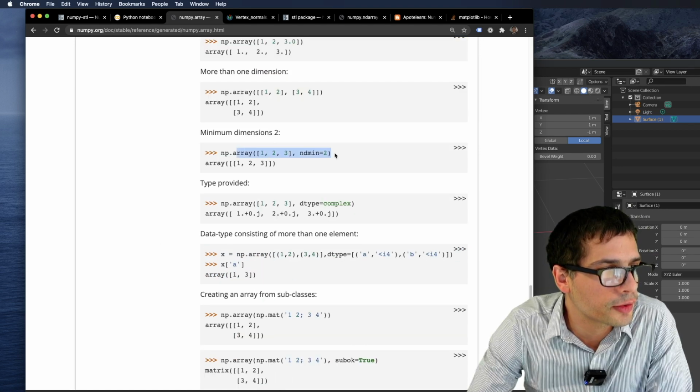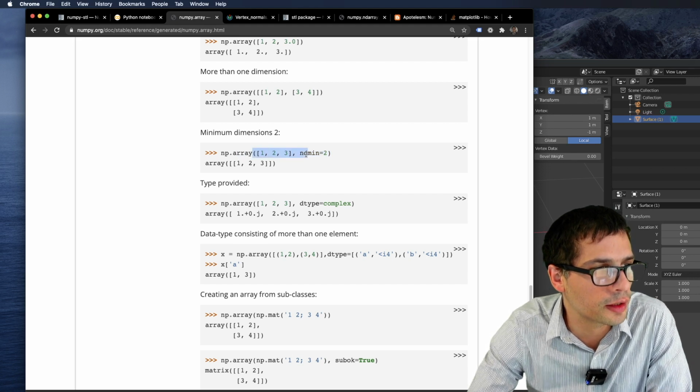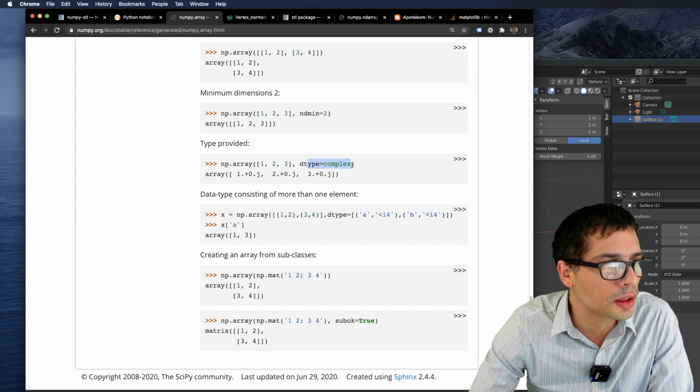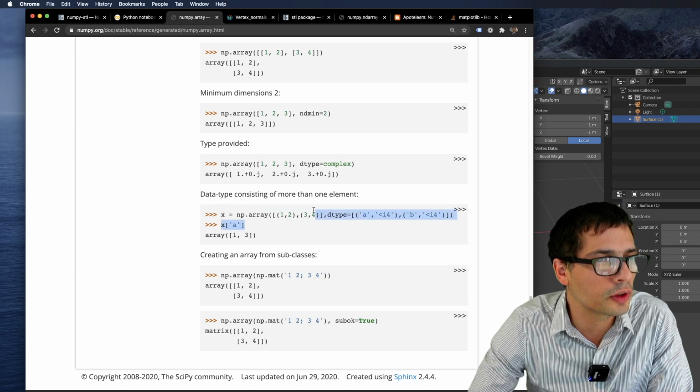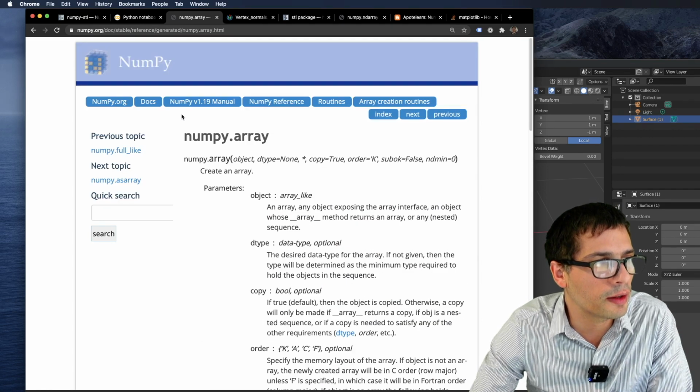You can also force it to have n dimensions, even though you pass in a single dimension list, or you can have something even more complex, like a complex number, or something similar to the notation we saw earlier in the video. I don't like these examples. I just want to pass in a length.